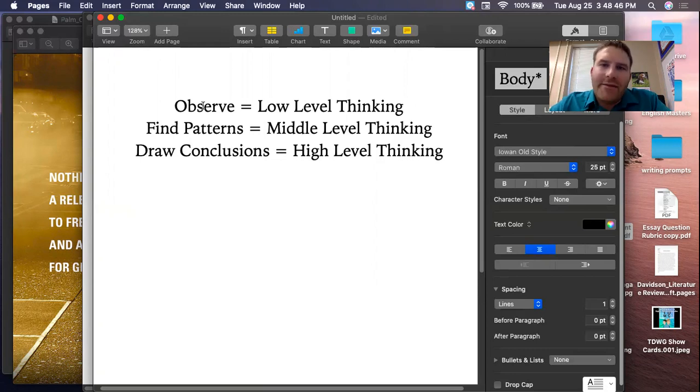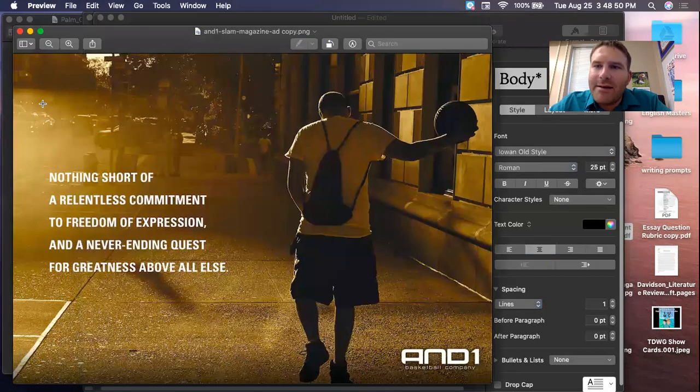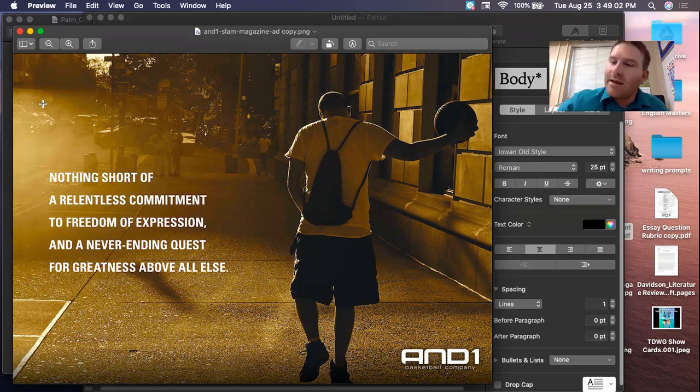The first thing you do, like I said, is make observations. So I'm going to pull up an ad. If we were in class, I'd just tell you, write down what you see. In fact, right now, pause me and write down what you observe about this advertisement. Sometimes you might say, well, of course, this is a guy playing basketball. So a basketball player,